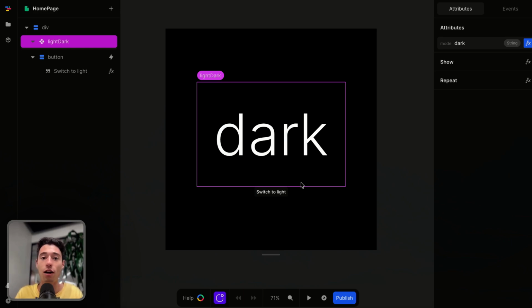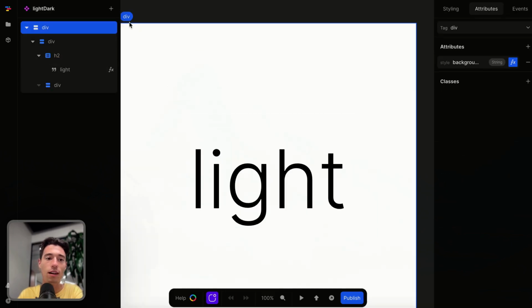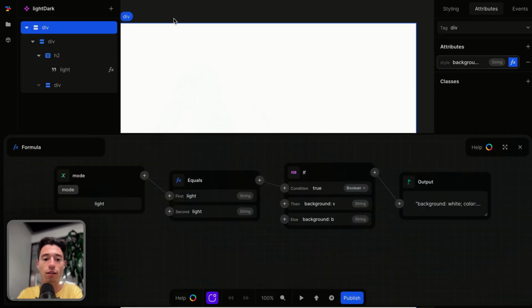But the benefit of just using ChatGPT to write code that you don't understand is you can look at this, and this is so important. You can double click in this component, and you can go on the div, and you can look at the formula, and you can understand it. You can say, okay, yes, I have something like a variable. This equals light, yes. And if this equals light, true, then I will do this, and else I will do